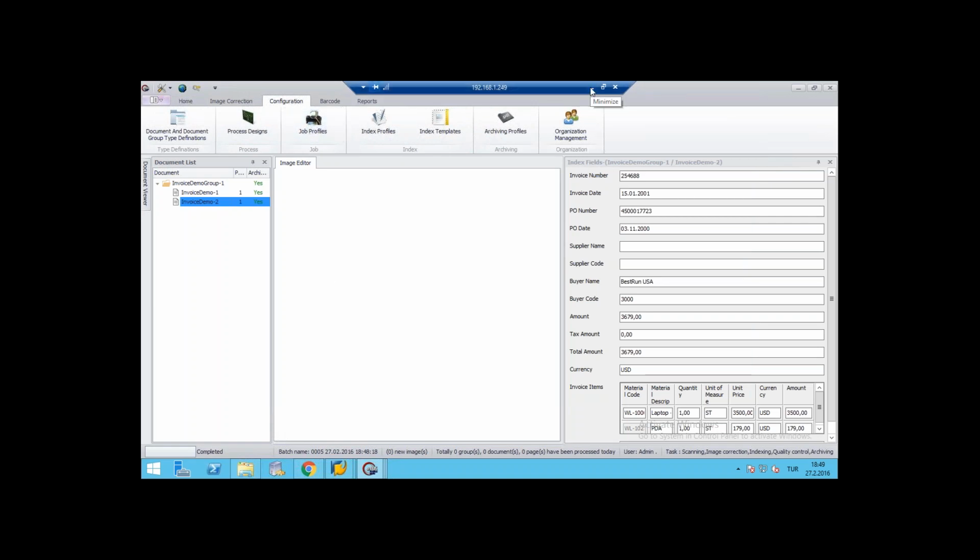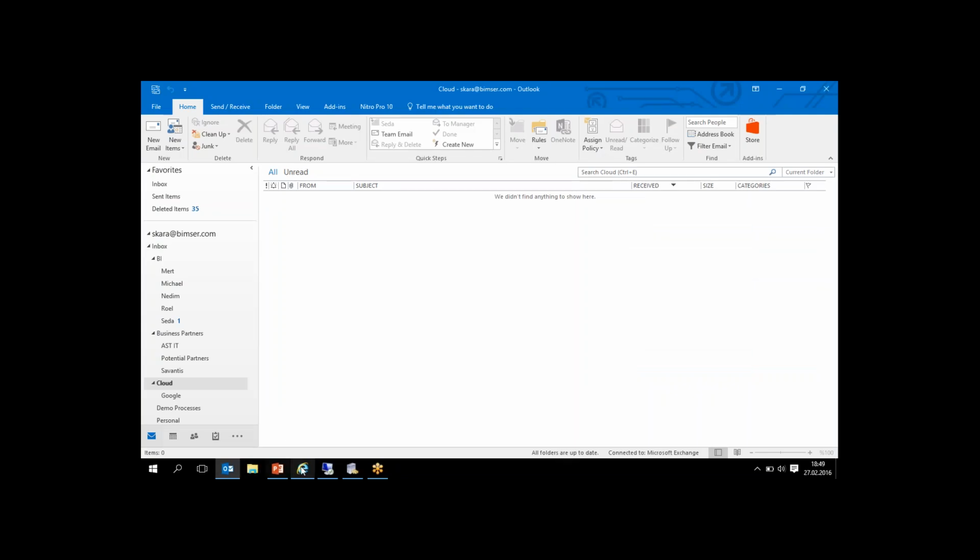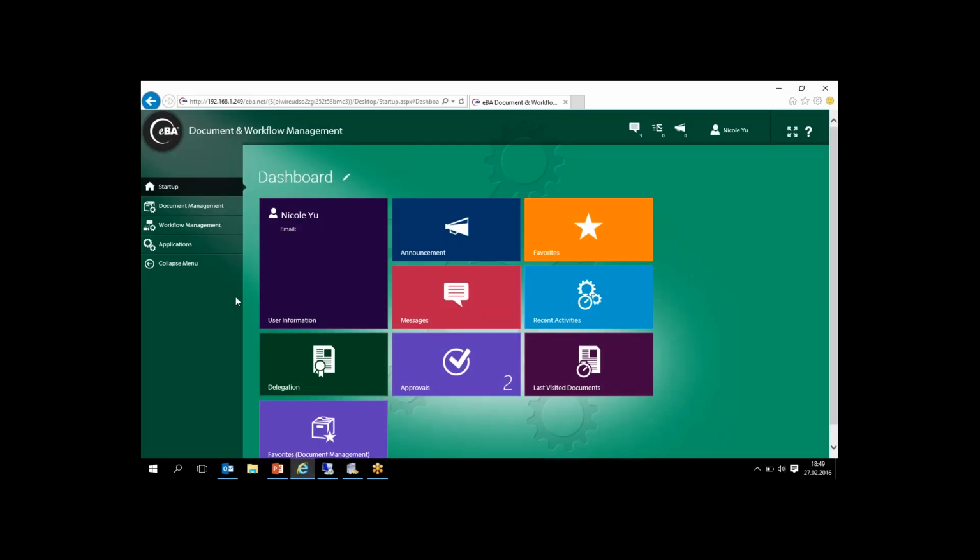Now the invoice processes are started automatically. Let's see that process in the web interface. In this scenario, the unmatched invoice process will be routed to the accounting user, and Nicole is the accounting user, and we will review this process with this user, and this is the end user interface of eBA, and the users